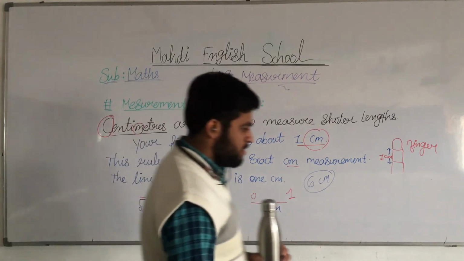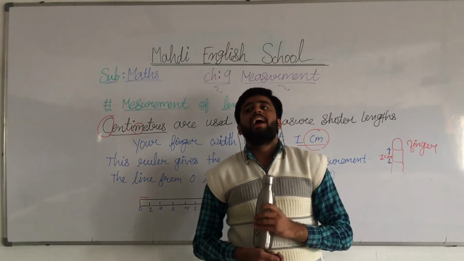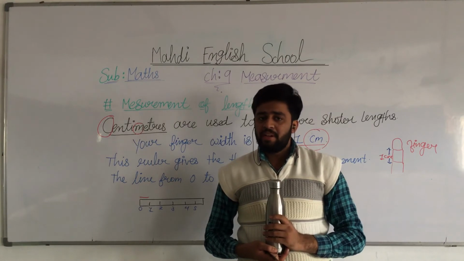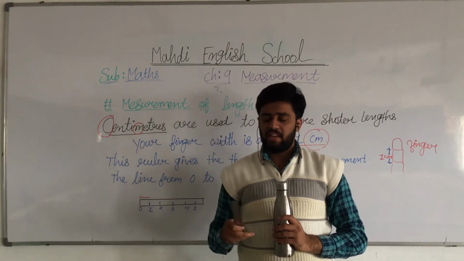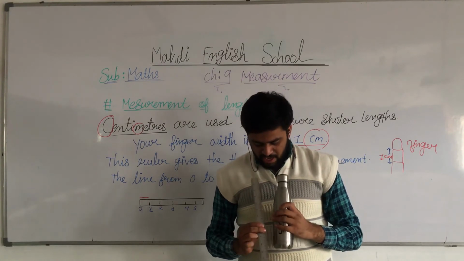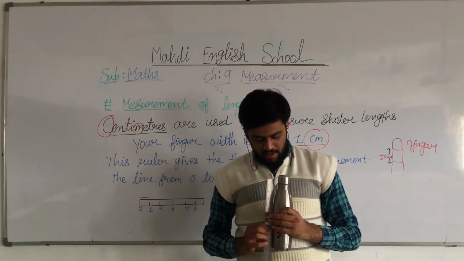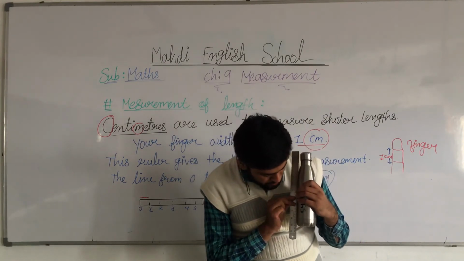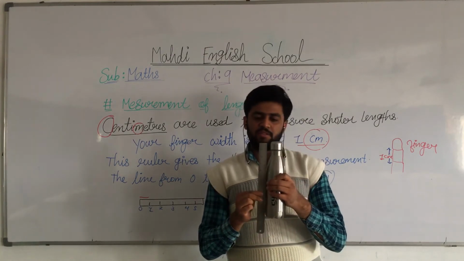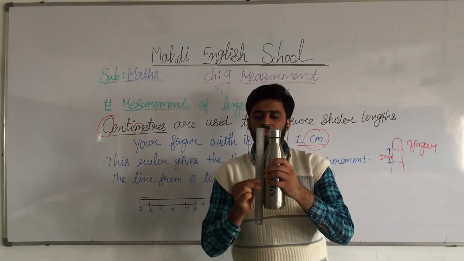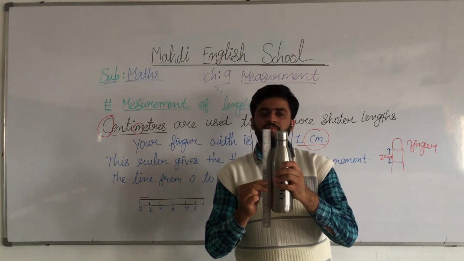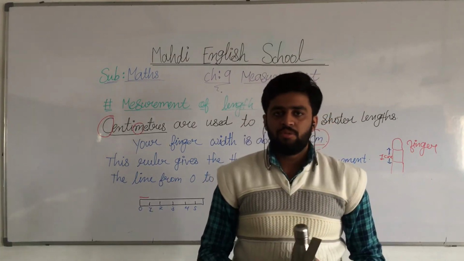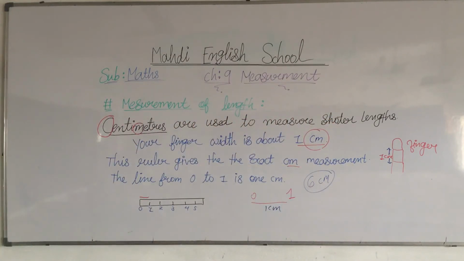I have a water bottle and I don't know the length of the water bottle. So what to do, my dear students? I have a big scale in centimeters. That's why I am checking in centimeters. So I am checking the length of the water bottle. See, this is the length, 11. See, my dear students, properly, the length is what? 11 centimeter. Got my points? See, this is 11 centimeter. Understood? I hope you all have understood, my dear students.